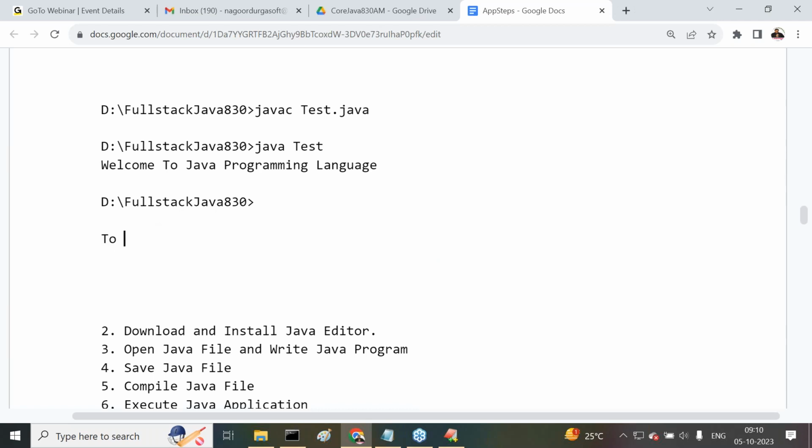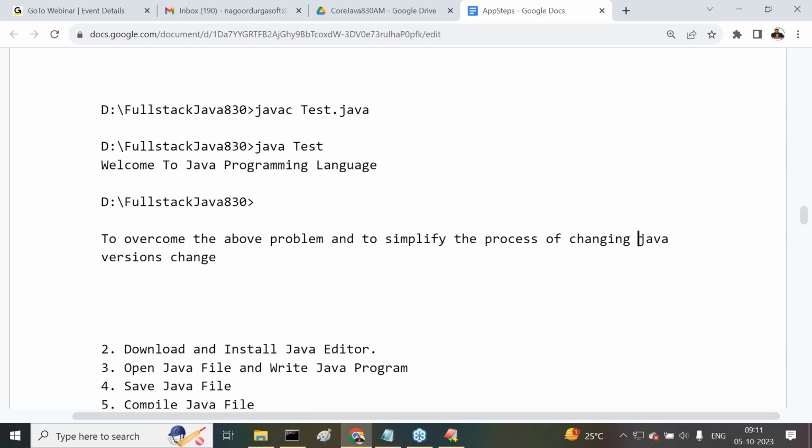All right. To overcome the above problem, and to simplify the process of changing Java software from one version to another version, we have to use